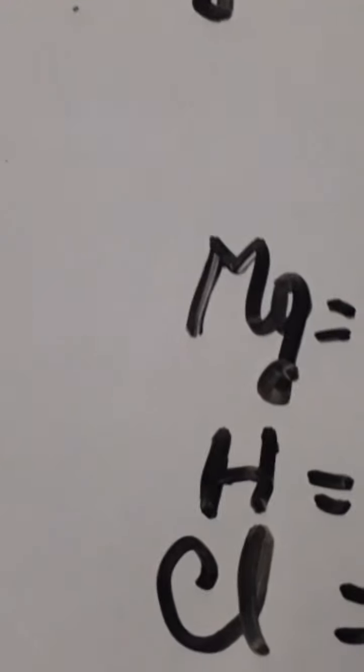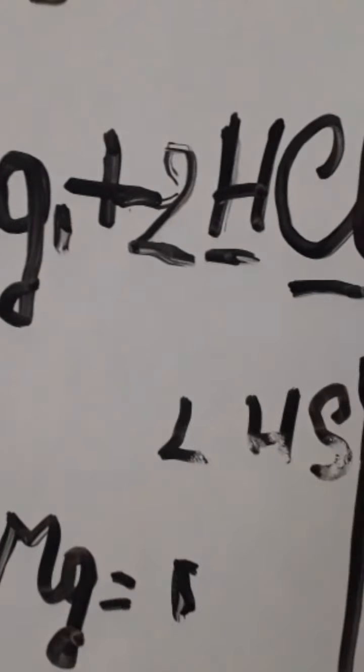Now we can see that hydrogen and chlorine are not balanced. So here it is small. So we will add 2 here. This 2 means that hydrogen and chlorine will be multiplied by 2. So it will give 2. Now we can see that it is already balanced. So just by adding 2, the equation will be balanced.